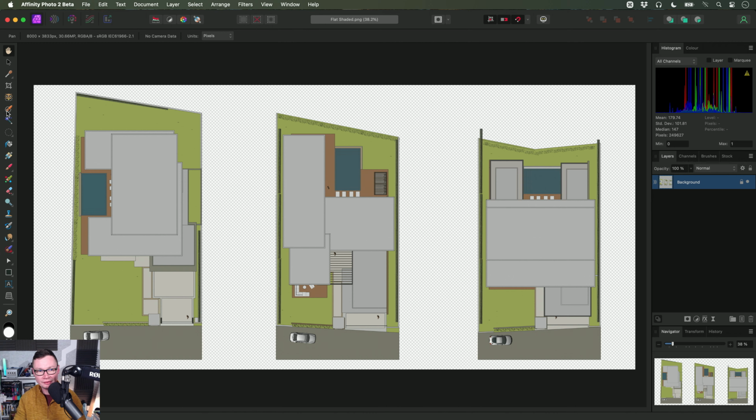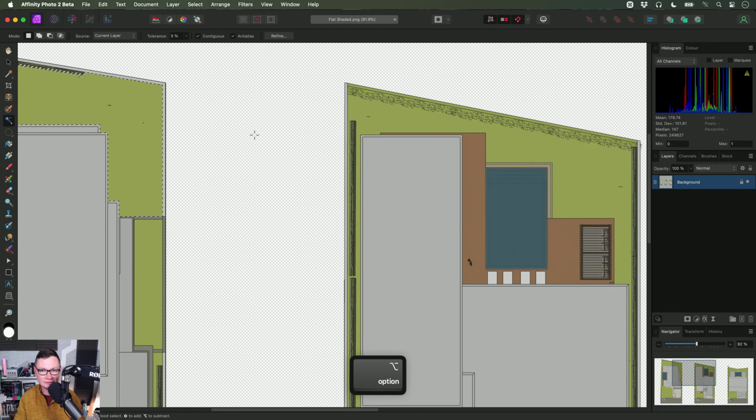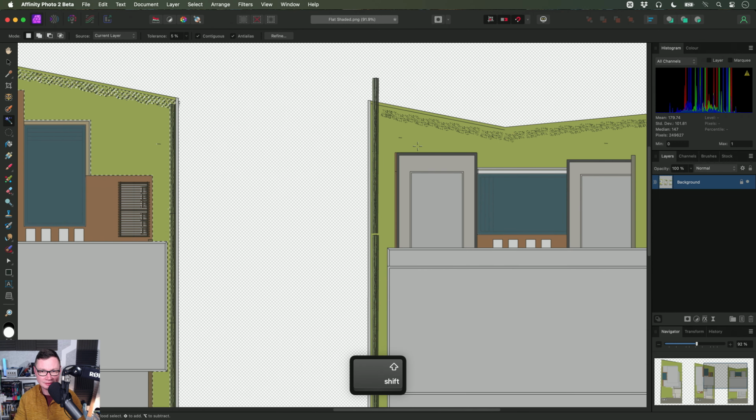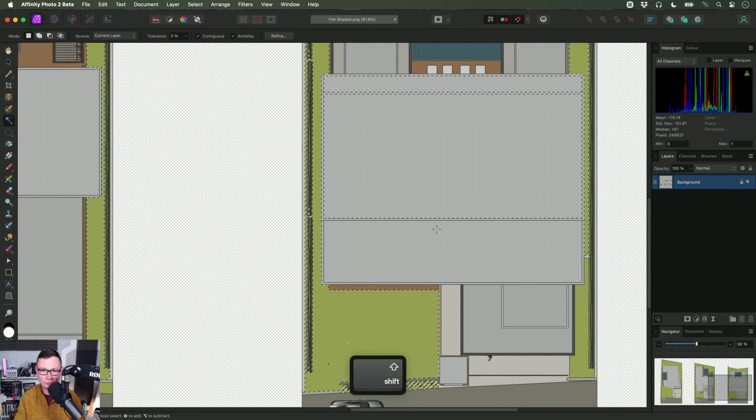So, selection tools now have anti-aliasing enabled by default, which just makes sense for pixel-based workflows. The tools now also have more consistent modifiers across Mac and Windows. So, for example, if I use the flood selection tool, I can now hold Shift to add to the existing selection. Previously, this was Control,